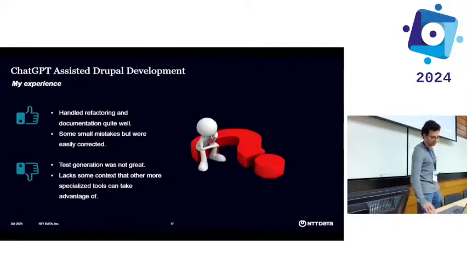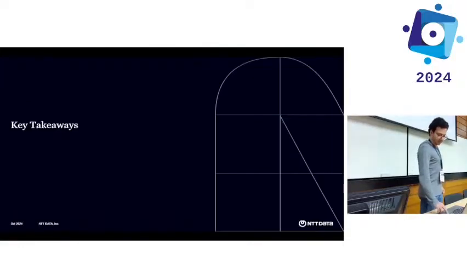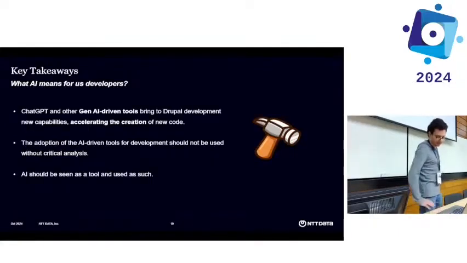Yeah. So quickly to summarize this. The refactoring, since it was simple code, I think that went really well. There were some small mistakes, but really things that when you are looking at the output, that of course you must do, it was really easy to fix. And again, tests didn't go that well. Now, for the key takeaways,